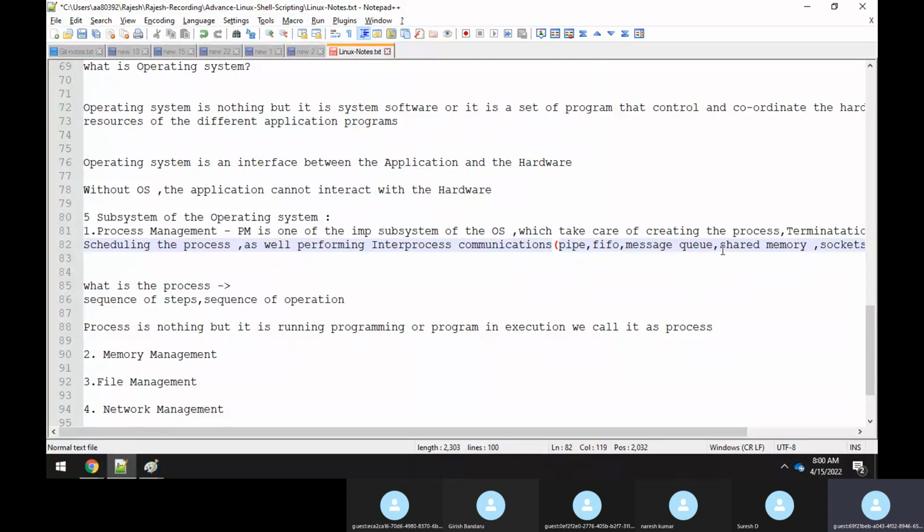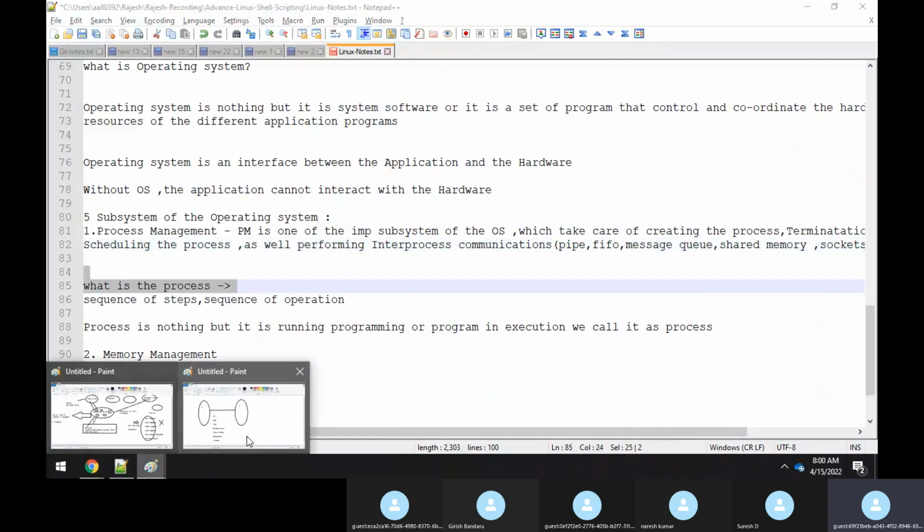Okay. Some of you might have come across this. I'm not sure, I'm just guessing. Shared memory, I don't know. How many of you have come across this? But I expect that some of you might have come across shared memory somewhere while working. So just think about it. If you have come across it, yes, you would know what I'm trying to tell. Okay. Pipes. Obviously, we have come across them a lot of times. Every day, right? Some of you might be executing this command.